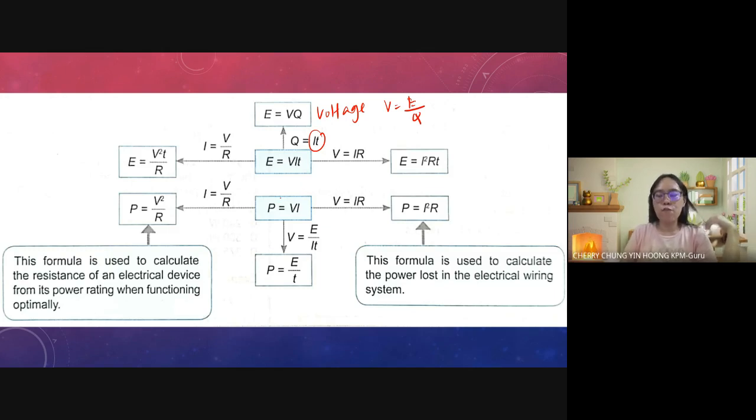Then 还有就是 power is equals to V times I。So where 你 get from 这个 formula，power is equals to energy over time。我们知道 power is equals to VI，is equals to E over T。V is equals to E over IT。所以 conclusion，其实这个 subtopic 很多都是 involving calculation。你只需要记得，最重要你只需要记得这两个 formula。E is equals to VIT and power is equals to VI。